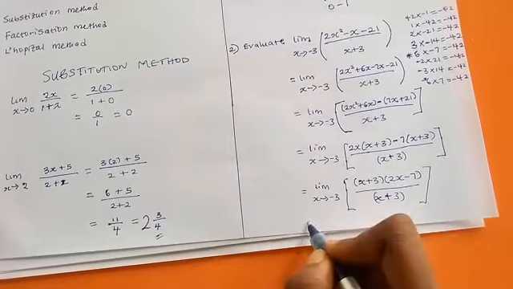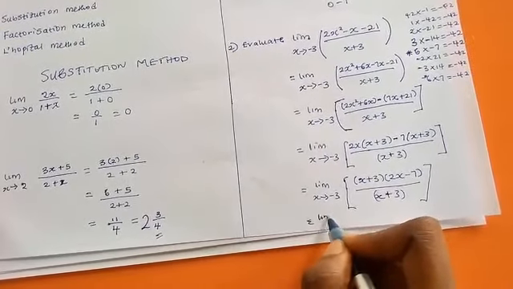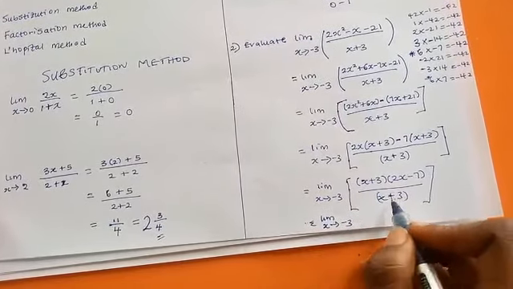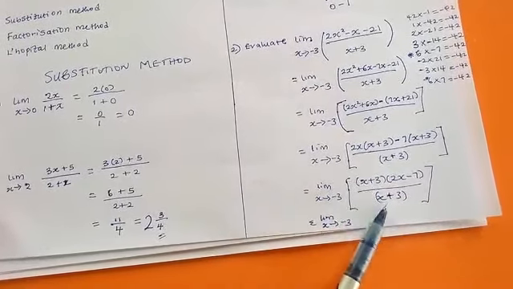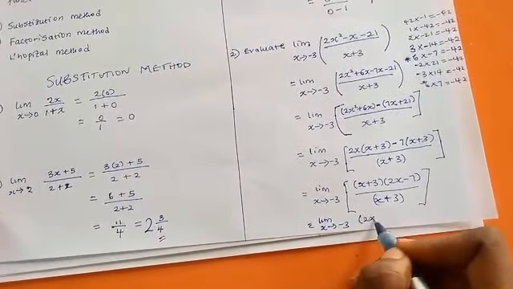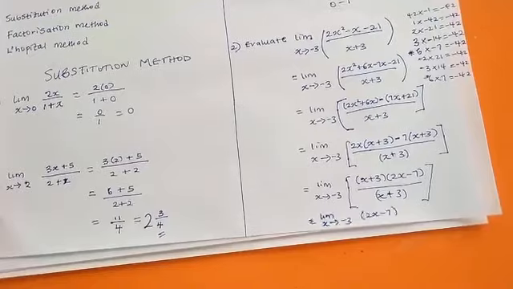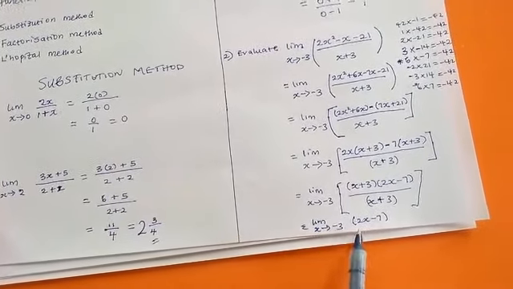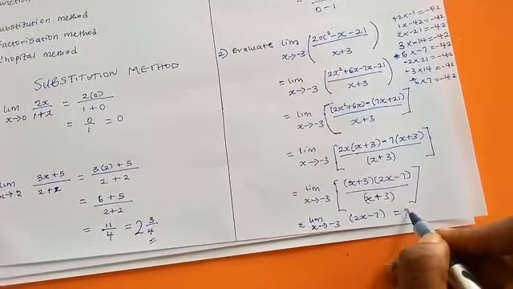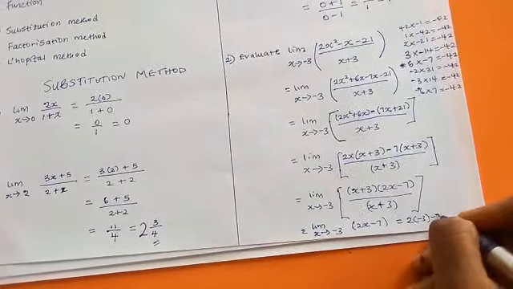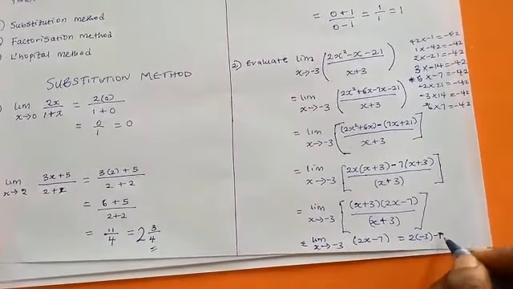And this will finally give us the limit as x tends to minus 3. Now these two can cancel, they are exactly the same, and we'll be left with 2x minus 7. We can now substitute our value of x. So this will give us 2 times minus 3 minus 7, which is minus 6